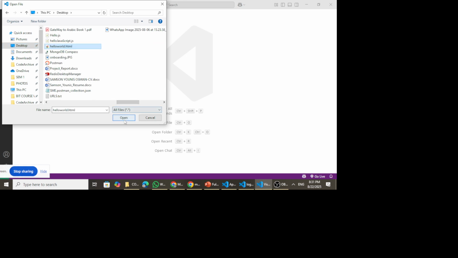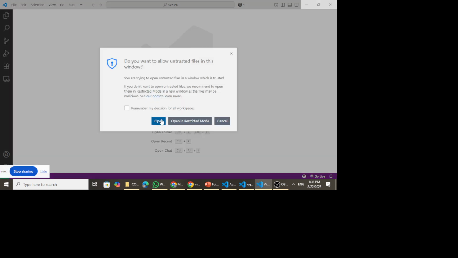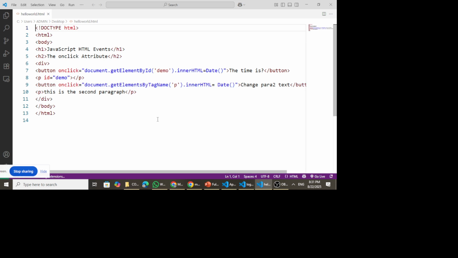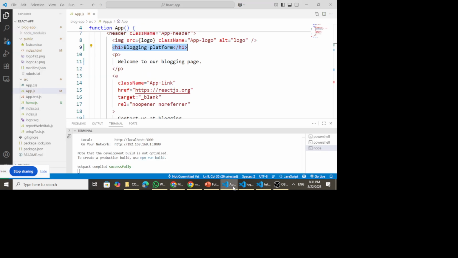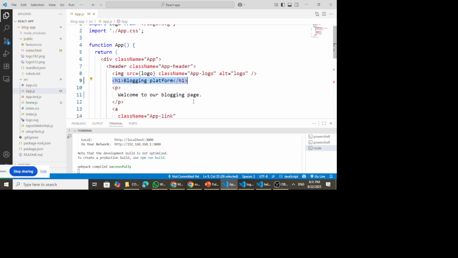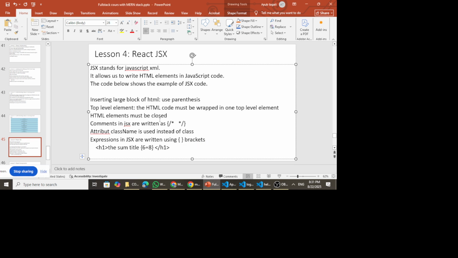Is this the HTML file? Let me open it here. Yeah. So you can see that here these are pure HTML, and then this one is JavaScript XML. So there are some slight differences or rules that we follow when using JSX code, which are not in HTML. One of those is